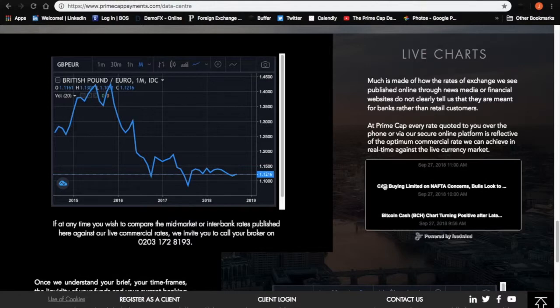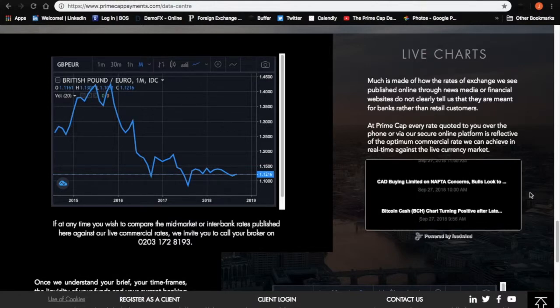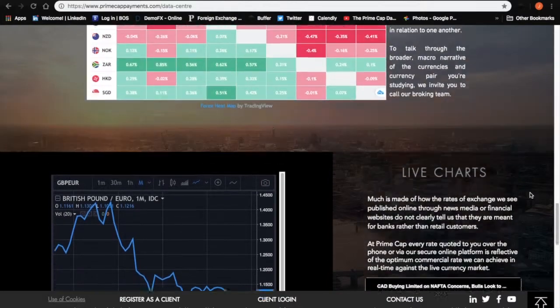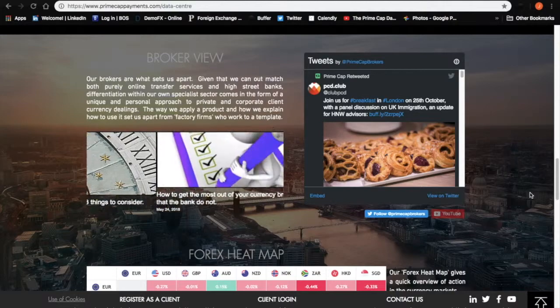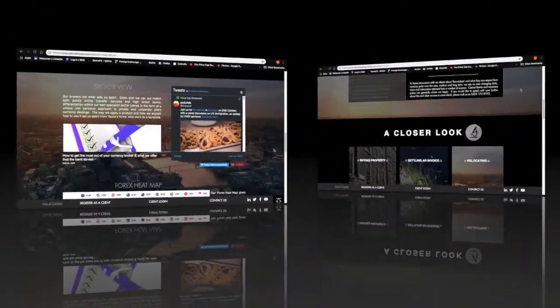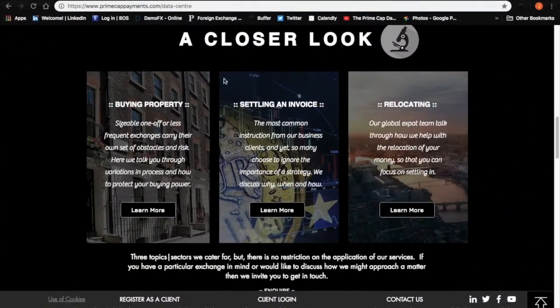Again, we're threading through information relevant to, well, what we like to think is relevant to choices to be made by our clients' key headlines. But this is also, we consider it to be a resource for our partners looking for, here we go, a closer look. Buying a property. This is one of the key transaction areas that we